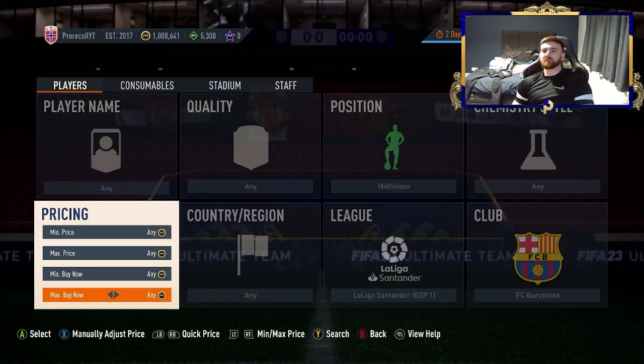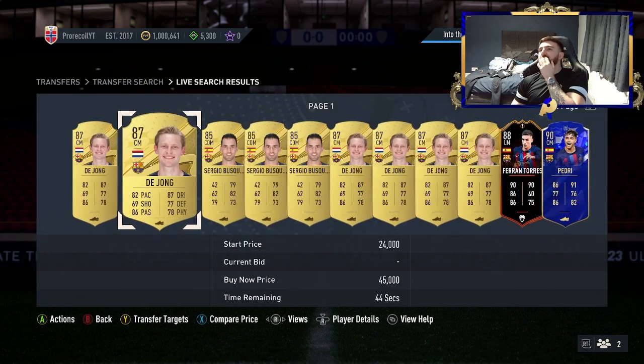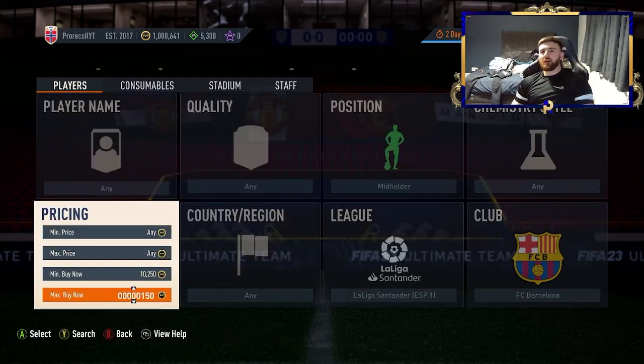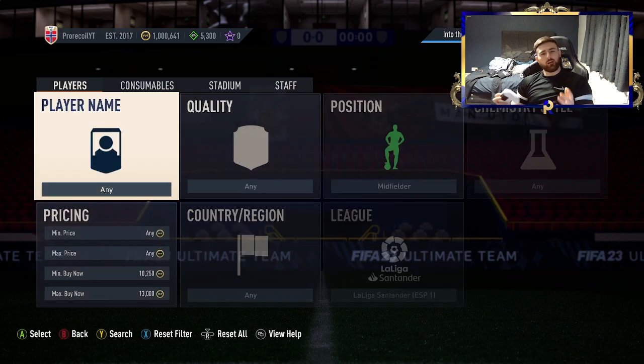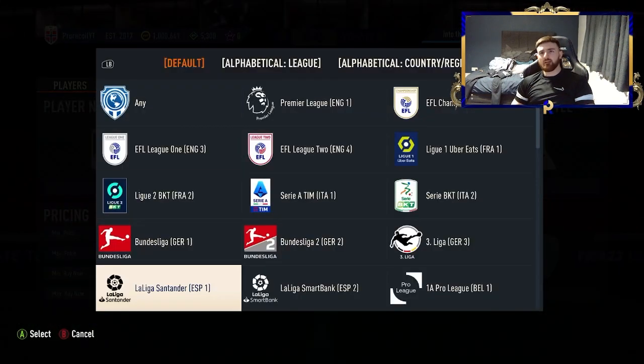I believe the same concept with Barcelona does work on midfielders. You've got Busquets and you've got De Jong on the bottom end. And I believe we don't have Ferran Torres there, but is he gonna? He is gonna ruin this one as well. So that's nice for Ferran to do that, but we will stay in the Liga Santander and we will use